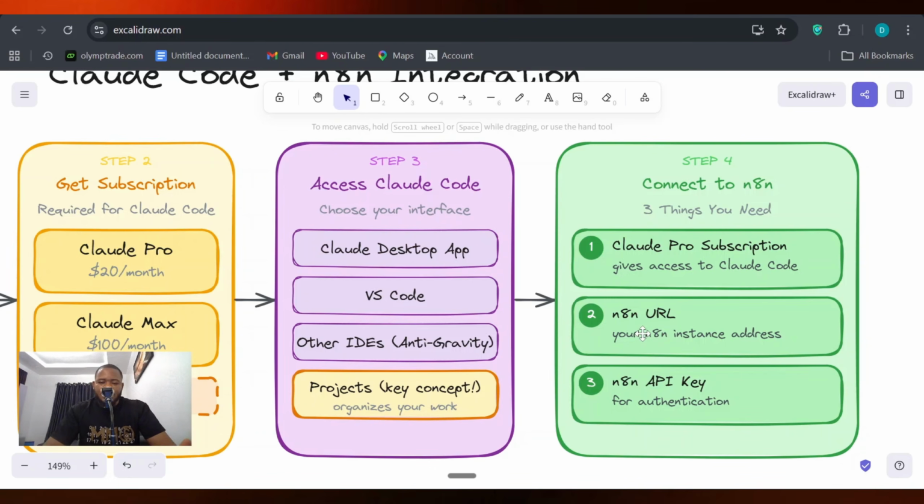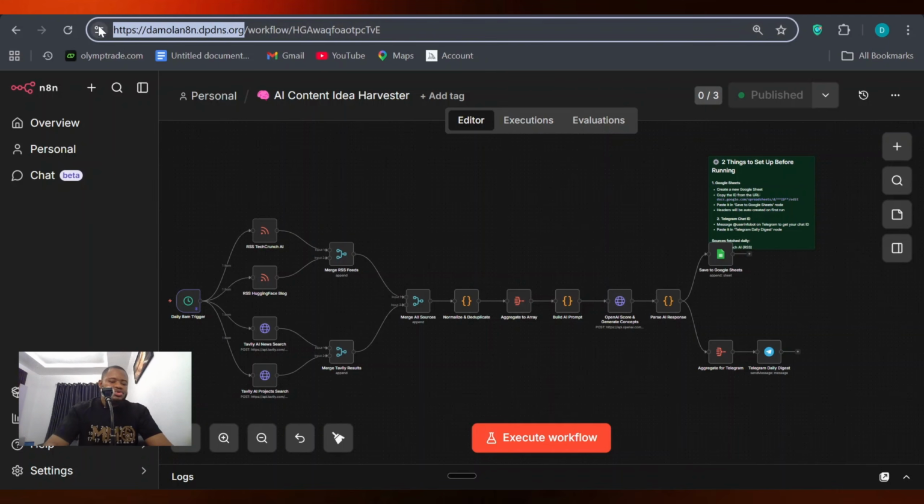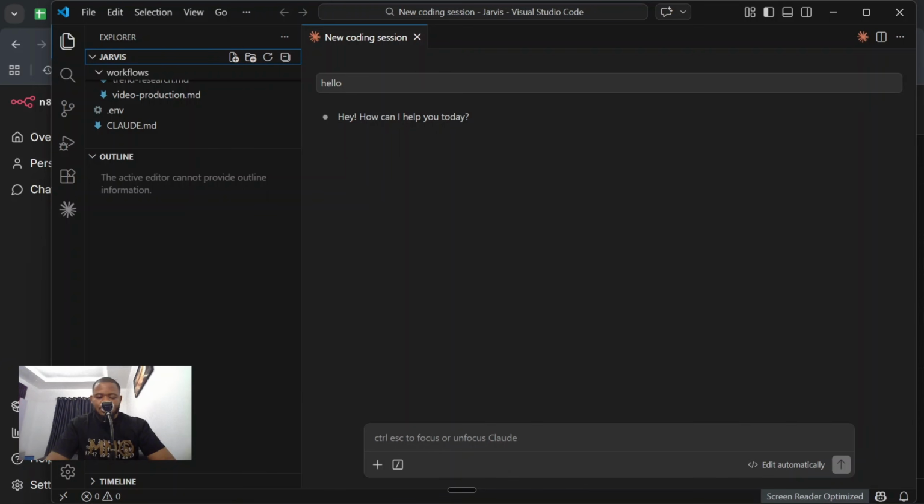Now, of course, how do you get the n8n URL? You just go to your n8n instance, whether it's the self-hosted or the cloud version, and everything before this forward slash is my URL. So I copy that, and then let me give it an instruction. Hello, Claude. I need you to actually help me connect to n8n. That's n as in nothing, then 8 as in the figure, then n. And then if I shoot that off,